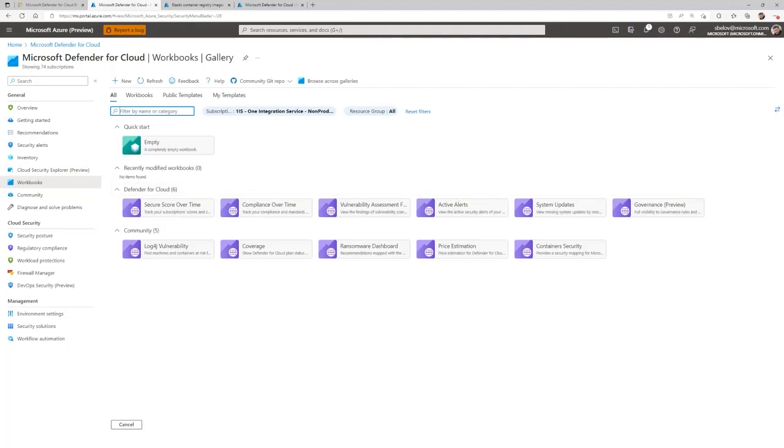But sometimes they're more like open source, or sometimes the customers actually create and share their workbooks with the broader community. So we really encourage you to do the same. Recently we've added one workbook to the built-in gallery, which is container security,